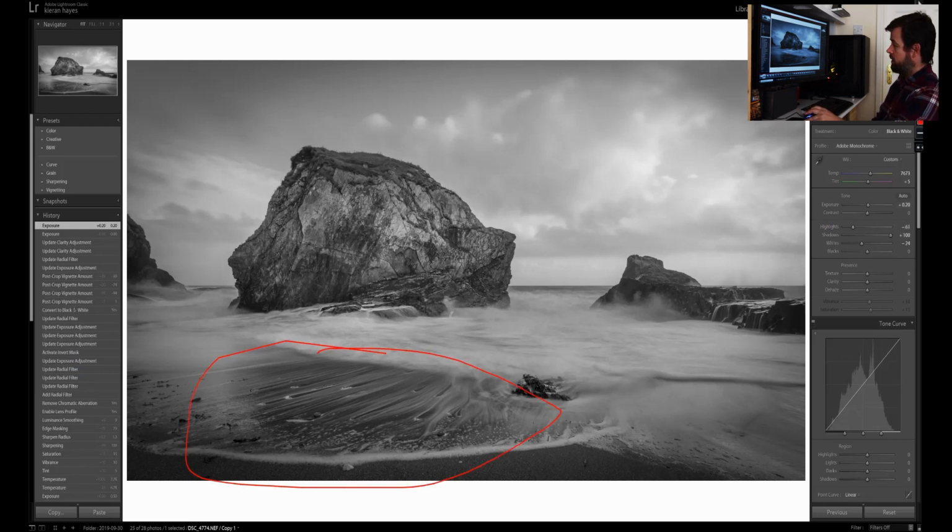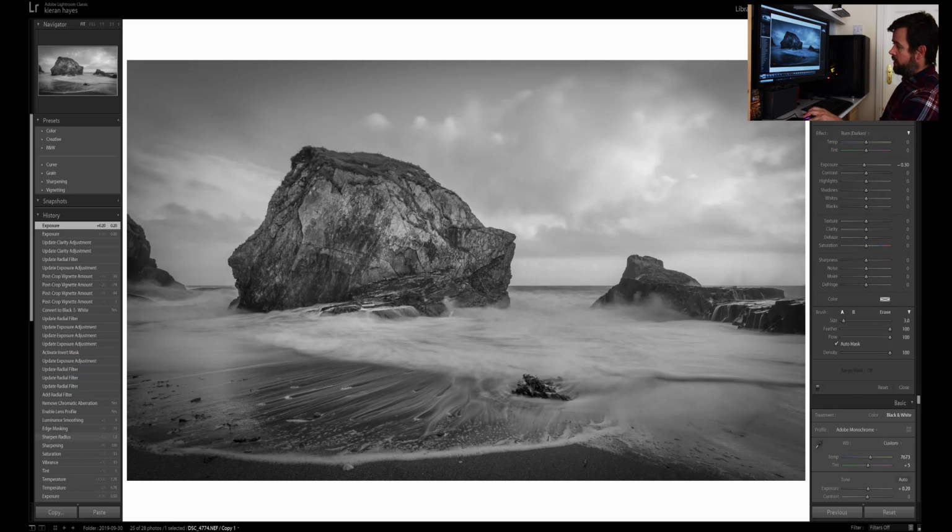Now the one other part of this image that I really want to help highlight is this area here. So I have a nice little white line running along here. We have the leading lines running down along here too as well. So we can use all those too as well. Now how can we use them? Again, I suppose I would say something like the brush tool. Just go in, it's reasonably simple. Click on the brush tool and just go down and just paint